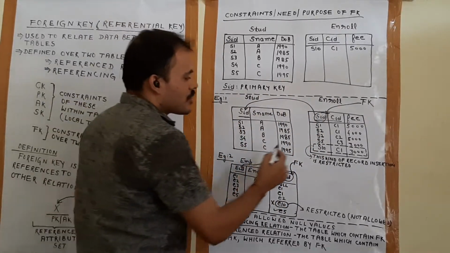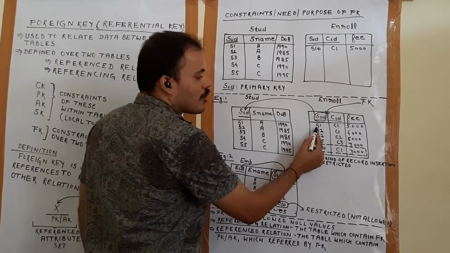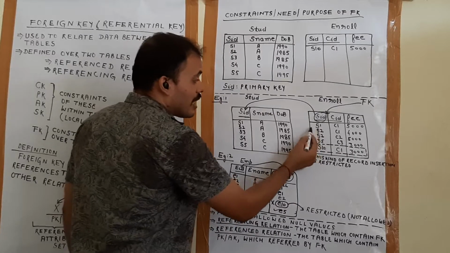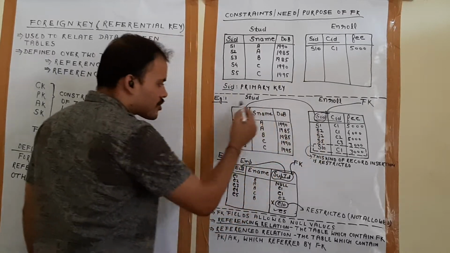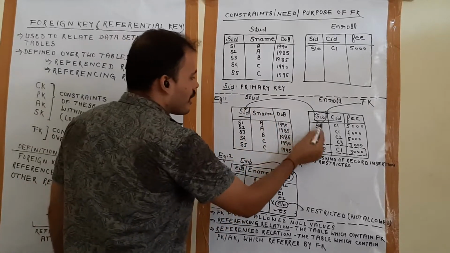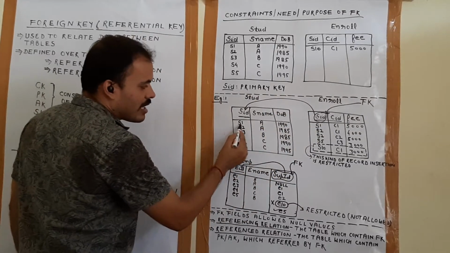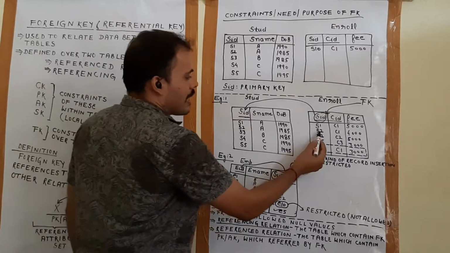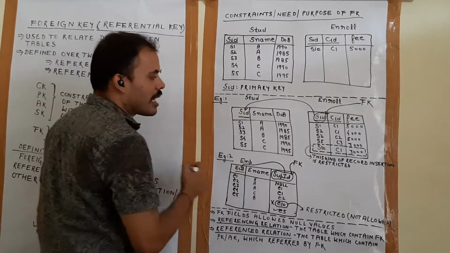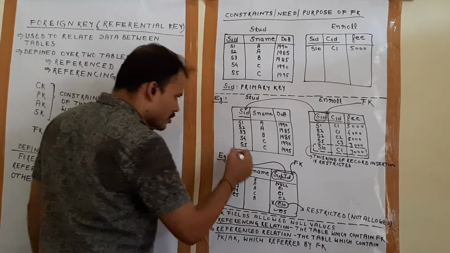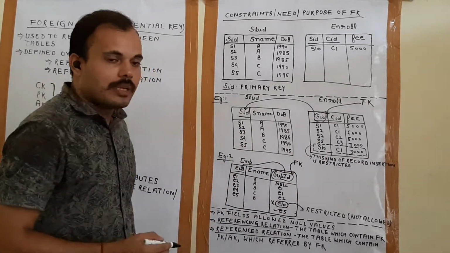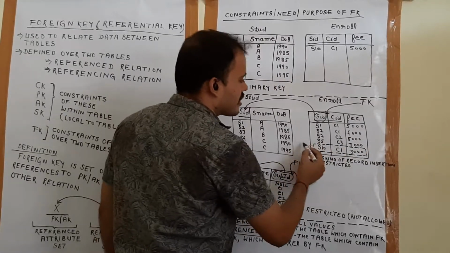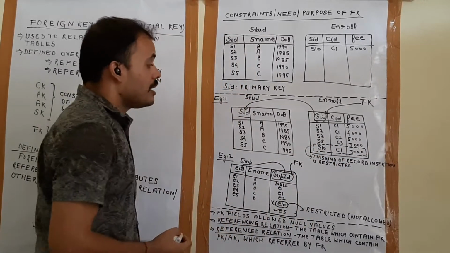Understood? See here, student S1 is enrolled for the course C1 whose fees is 5,000, and S1 belongs to the student table. S1 is referring to the student table. There is a student S1 whose name is A. S2 also belongs to the student table. This data is correct, this data is correct, this data is correct, but S10,